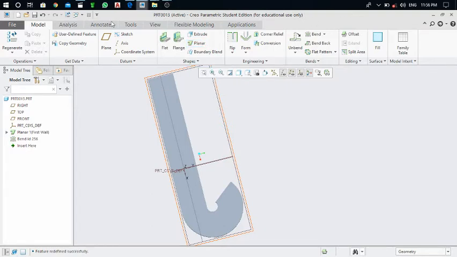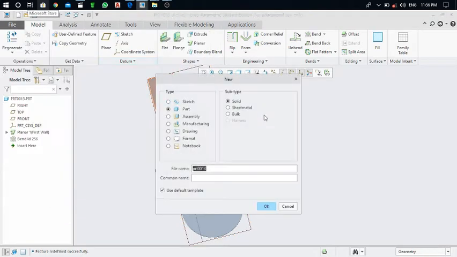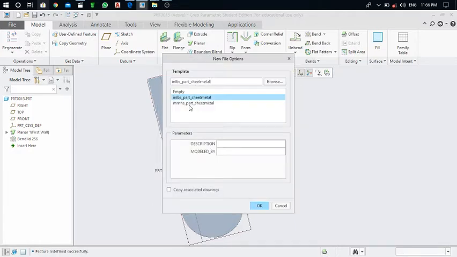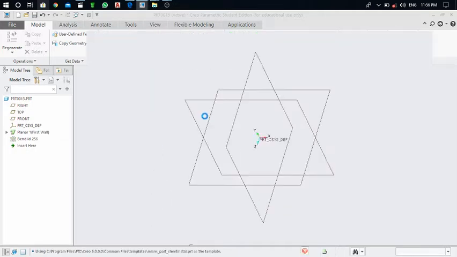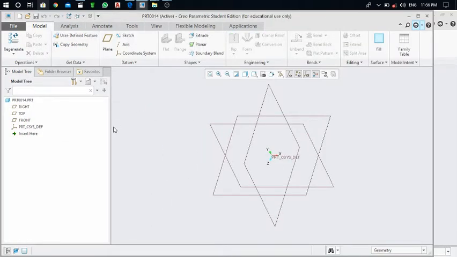So let's get started. Click on this file, take this new file, select this subtype as sheet metal and untick this, click on OK. And next, make it in millimeters, click on OK. Now the system is creating a new workspace for me,